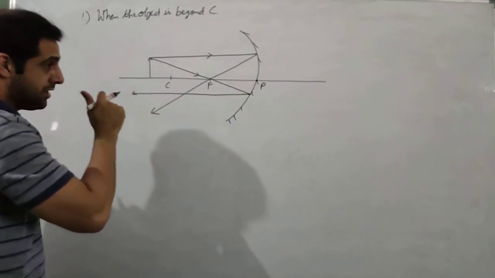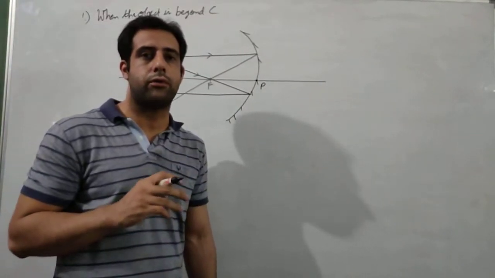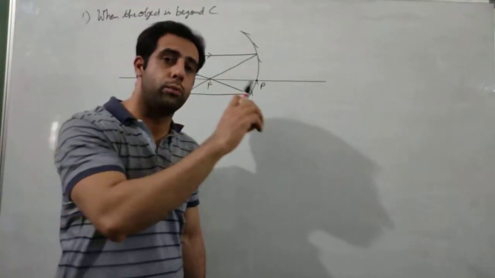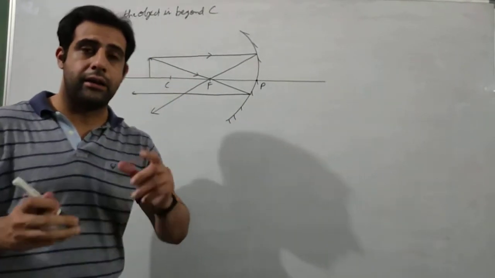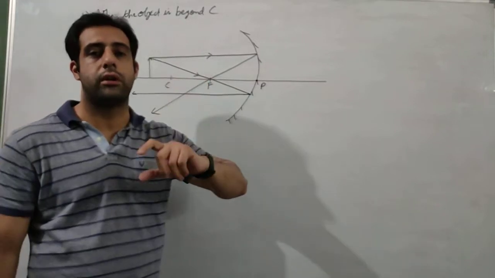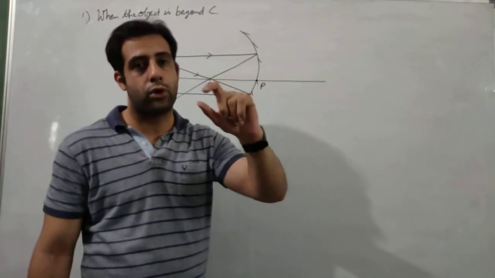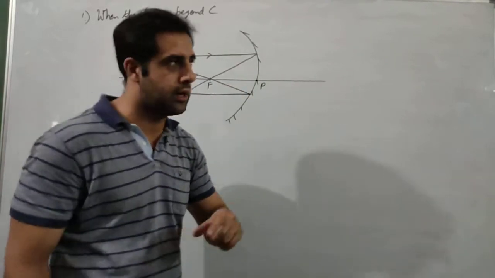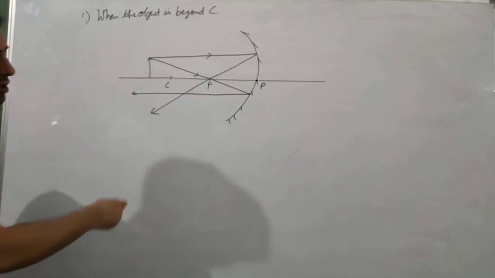Now, image, where is image formed? We studied in the first video that images are formed where the light rays are going to meet. In the retina, if you remember, we studied that the image of an object is formed on the retina, where the light coming from the object is focused, when the rays are meeting on the retina. So where are these reflected rays meeting? They are meeting at this point.